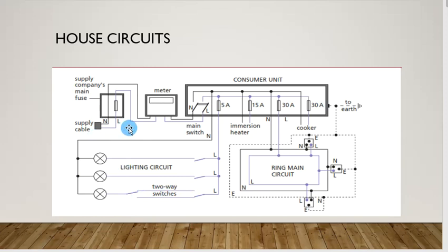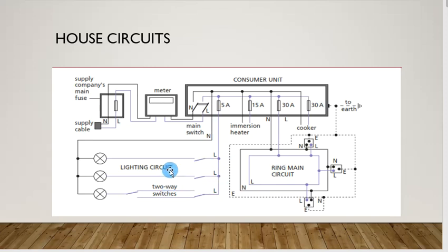One more thing that I must mention here is that the cables used in the wiring of these circuits do not have the same thickness or cross-section area. The ring main circuit usually is 2.5 square millimeters. People usually say 2.5 millimeters, and it makes them think that we are talking about the thickness or the diameter of the wire. Instead, when we say 2.5, it is square millimeters, meaning the cross-section area of the wire used in this case.